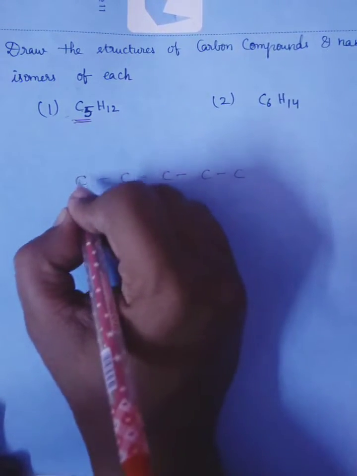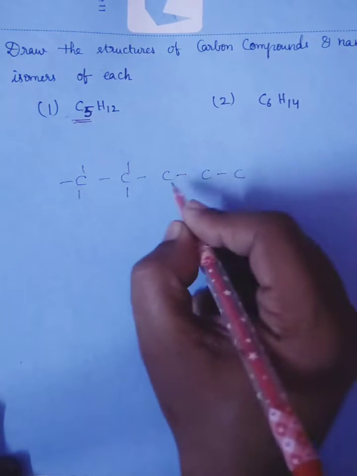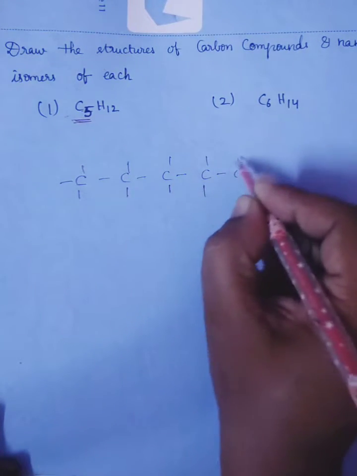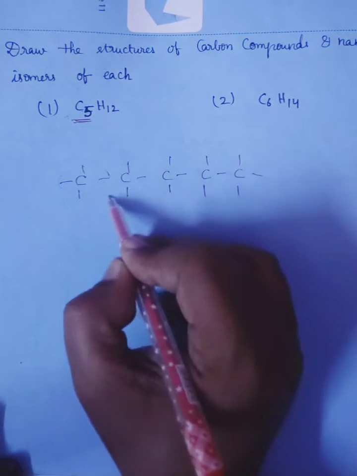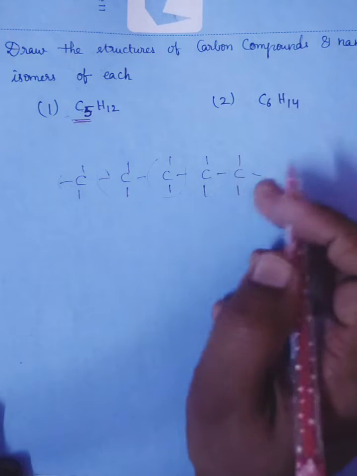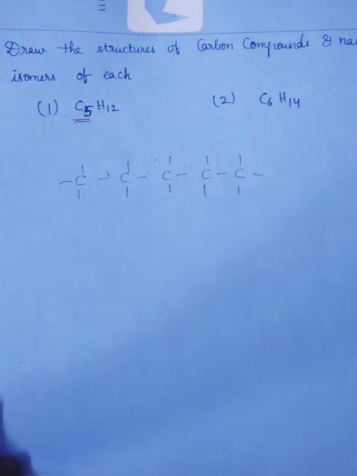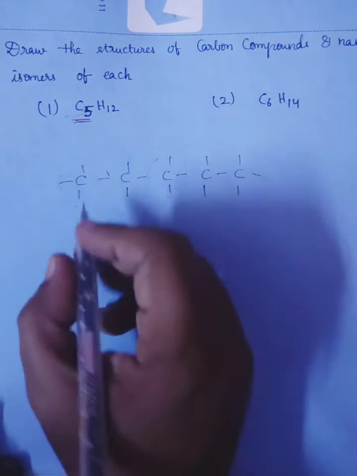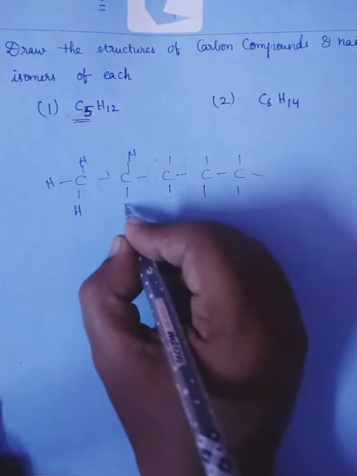Okay, so that's why every carbon has 4 bonds, 4 4 4. Now we have to fill it with the hydrogens because H is given. Just write the hydrogens first